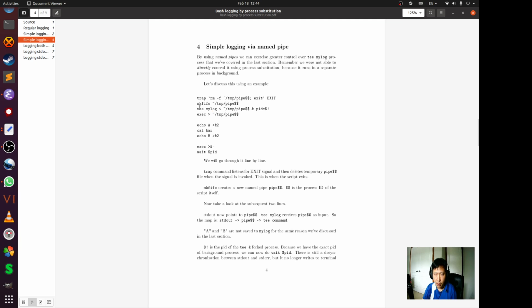Okay, and this one, it receives the named pipe. Well, let me say it in this way. It redirects standard in to point to the named pipe. Okay, so the flow of data is from standard out to the named pipe to the tee command. So that's why cat bar